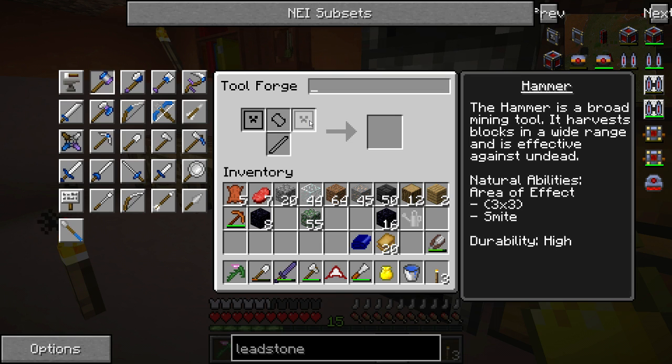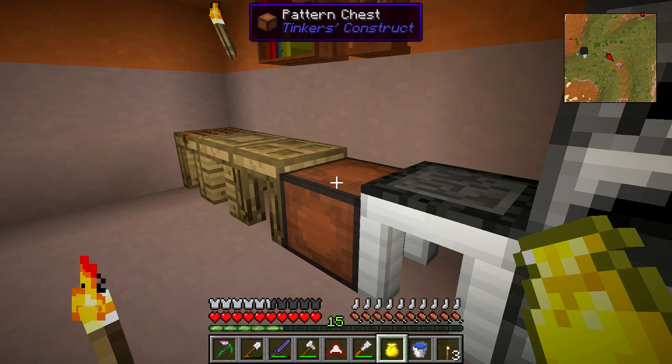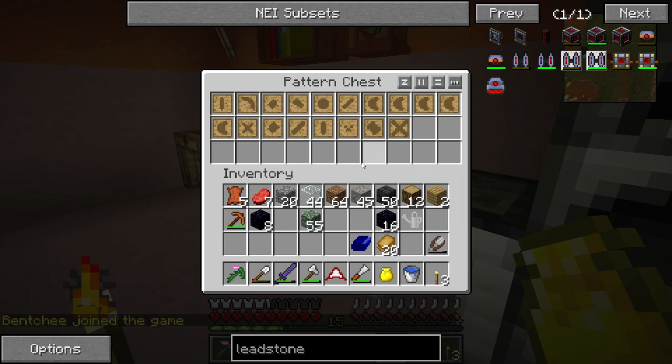These plates are like 8 each, so that's 24 ingots. And then this is a tough tool rod. Do I even have a pattern for that? I do not know if...